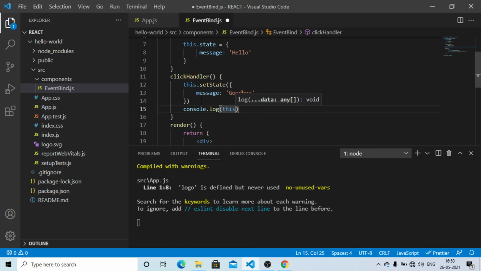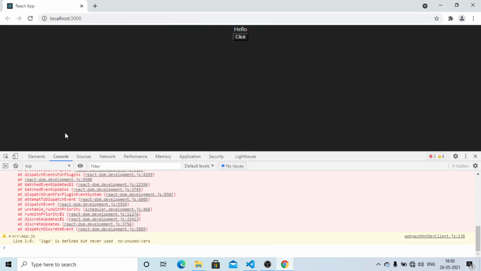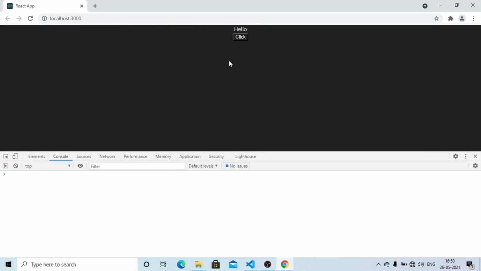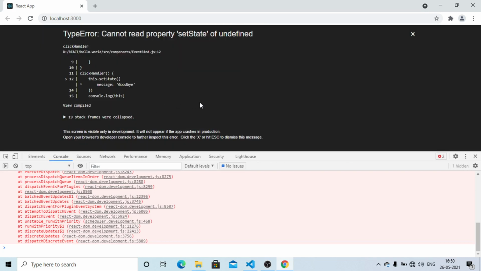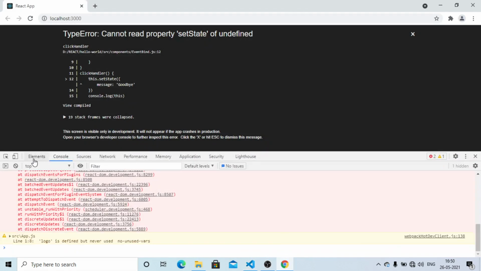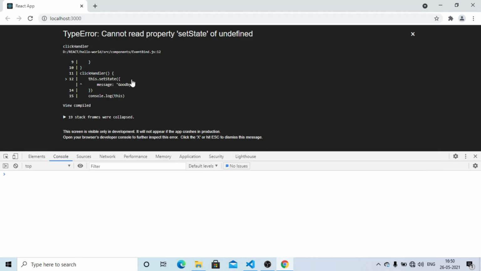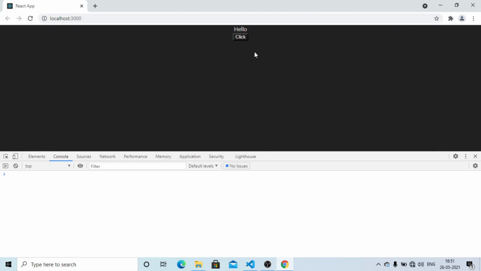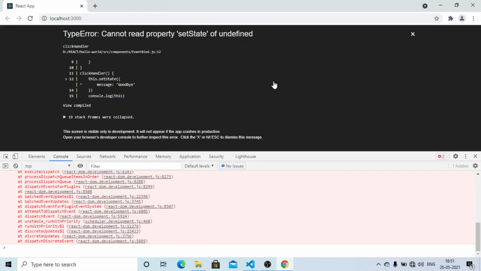So now as we save the file and have a look at the browser, clear the console, and click the click button, the application breaks and the error says cannot read property setState of undefined.